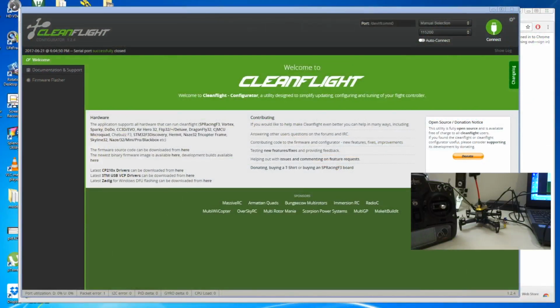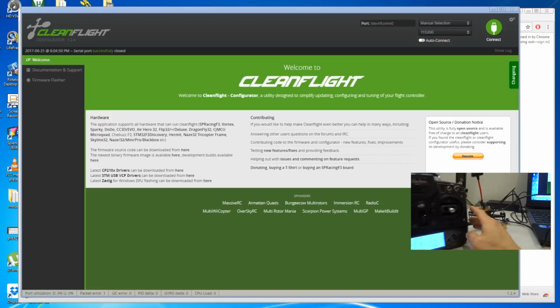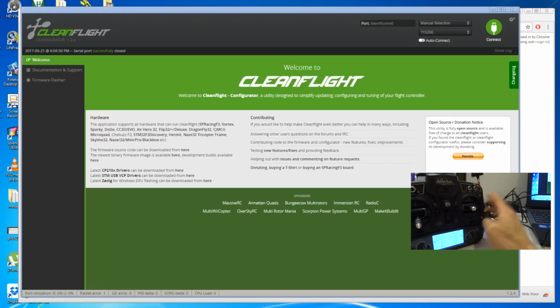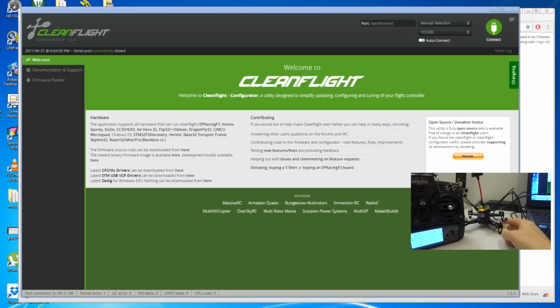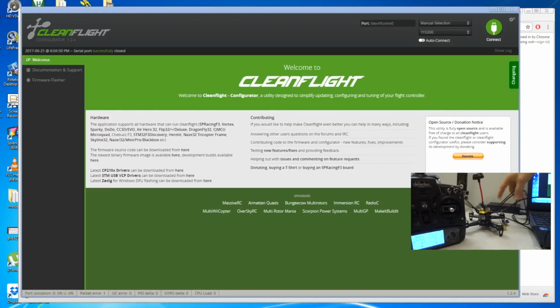So hi guys, this is the next part of the video. So what I'm going to do is I'm going to connect my Volkera F150 to cleanflight on my PC and demonstrate to you the channel on the transmitter, and then the corresponding channel on cleanflight. So first of all, what you need to do is connect the USB cable